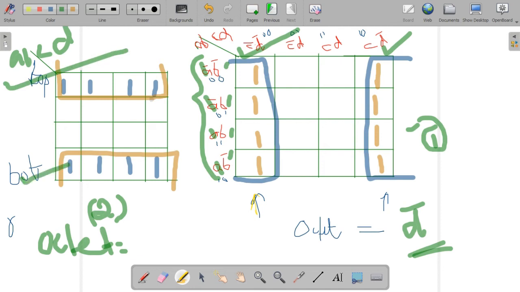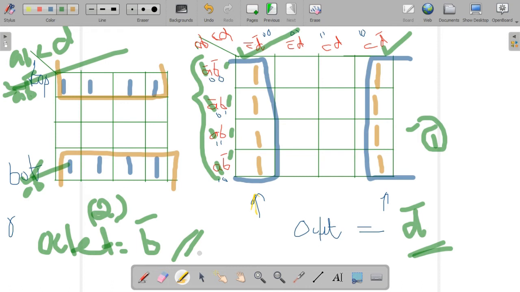We have to consider the top edge and bottom edge. Top and bottom means what are the values? A dash, B dash, another A, B dash. So which one is changing? A is changing. This is A dash, B dash. Okay, A is changing. So we can't take A, we are just taking B dash. And in the entire rows, all those values will cancel, is it? So only B dash is the answer.